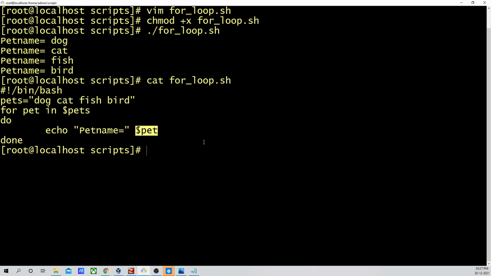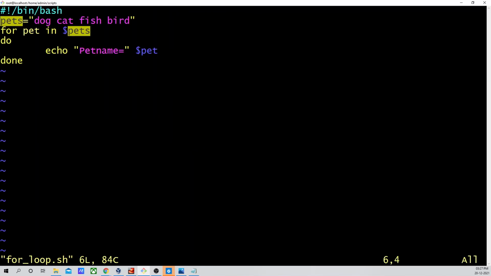Let's take one more example. I will just modify the same for loop for you. Instead of pets, let's take the example of fruits. I will just type fruits: apple, mango, banana